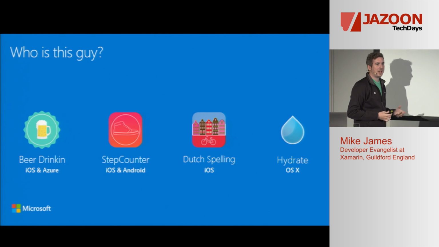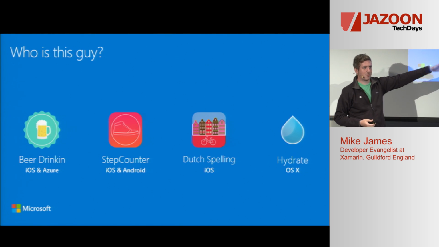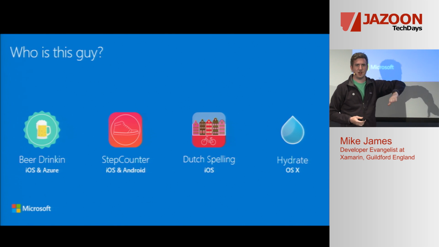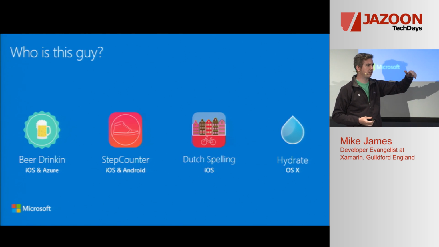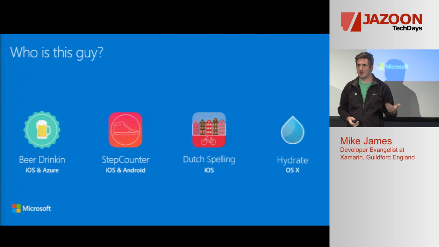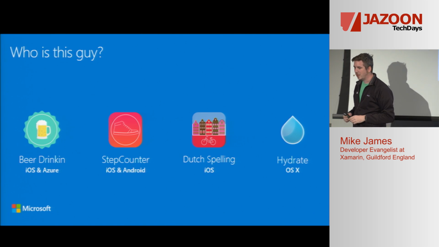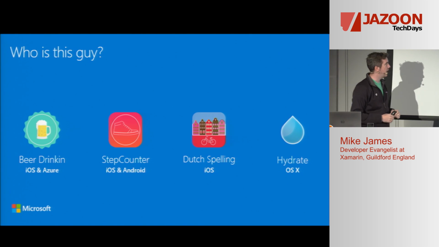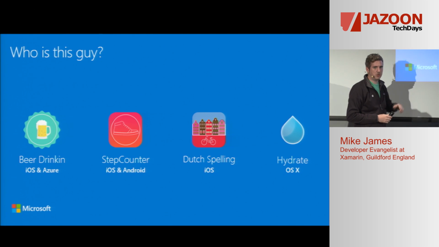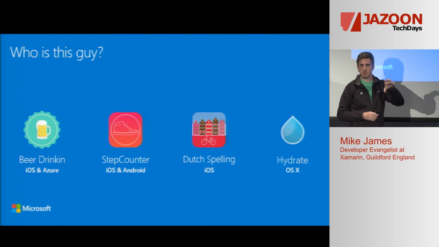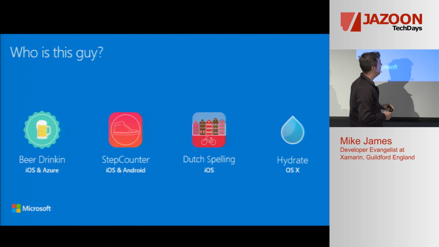So it's got an Azure backend, but I've gone through multiple backends. So if you go really far back through the history, you'll see that I used Parse to start with. I switched to Convey, and then I also had a mobile service backend. We finally landed on app service. It's just for iOS at the moment. Android and UWP will come. It will probably go UWP first, and then Android next.